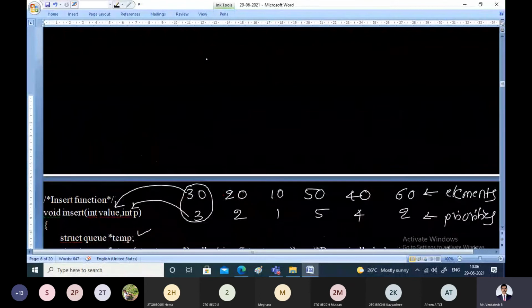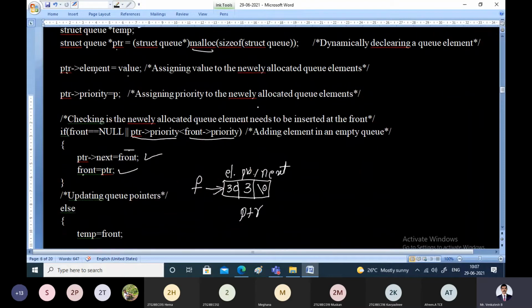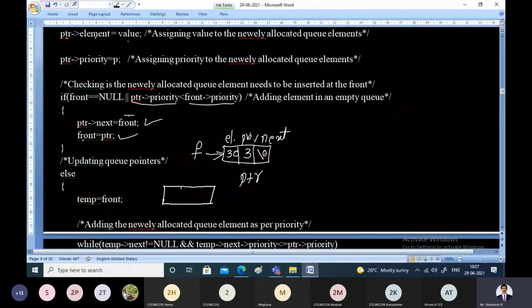Right. Now let us assume that you are calling the priority queue insertion function once again. What is the next value? 20 is the value. What is its priority? Its priority is 2. So the usual steps are what we follow. We don't know where it will come, whether it will come next to this or before this. So as it is going to come before this, I'll write it here so that the attachment can be made properly.